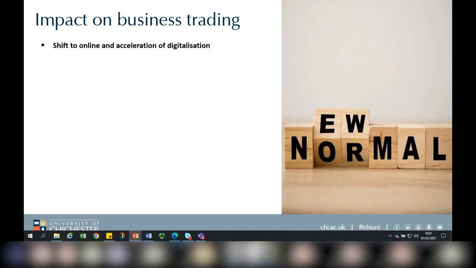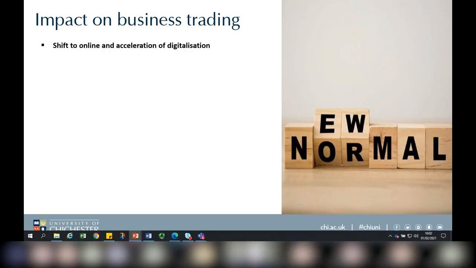Yeah, I mean, it's interesting, isn't it? It's sort of raised awareness in terms of how we can actually use the digital economy to benefit business. And do you think things will go back to how they were before? Or do you think actually this is something set now? People are going to use online a lot more than they did before. Not completely, no. I think they'll use it a lot more because they've invested in the technology and they see some benefits, but I don't think it'll be completely this from now on either.